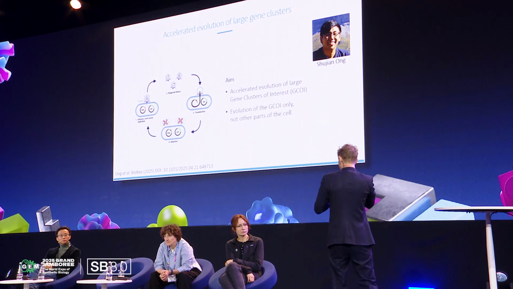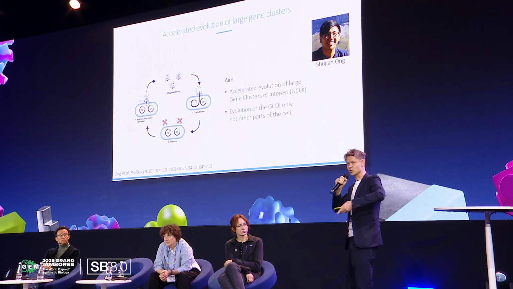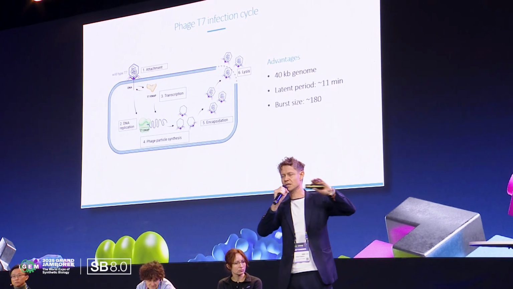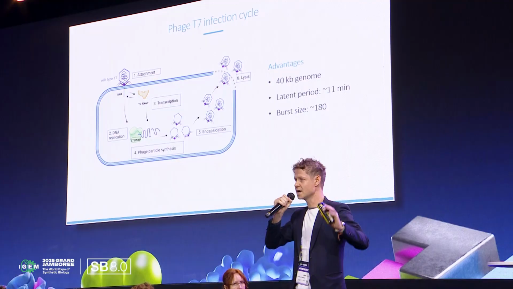We tried to take a phage and get the phage to do the work, but at a large scale. And we jumped on the T7 phage because it's a pretty aggressive, pretty efficient phage. It has a genome of 40 kb, so it's manageable when we have to synthesize and handle the DNA itself. It has a latent period of 11 minutes from when it enters the cell until it is bursting the cell open and taking about 180 copies of itself out of the cell.